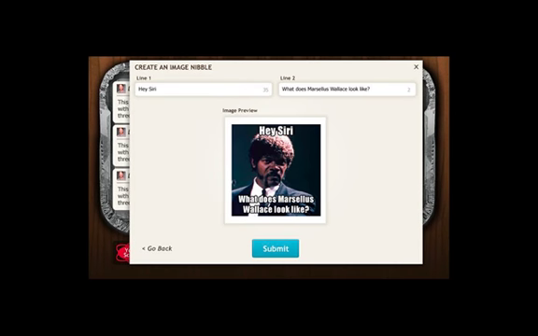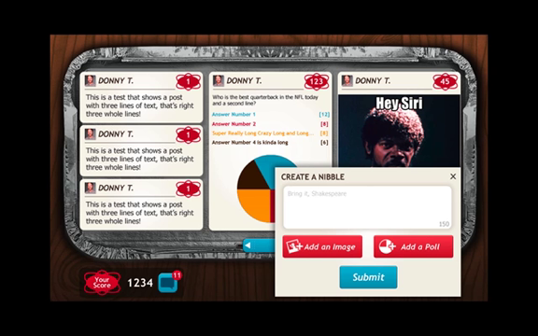On this screen, I can add 2 lines of copy to create the caption for my image, and I have an image preview area where I can crop the photo, and once I have the image looking the way that I want it to look, I can hit the submit button and it goes out into the tray for other users to see and interact with. So I've shown you how to create a comment nibble and an image caption nibble.